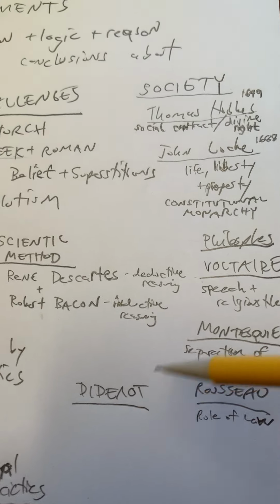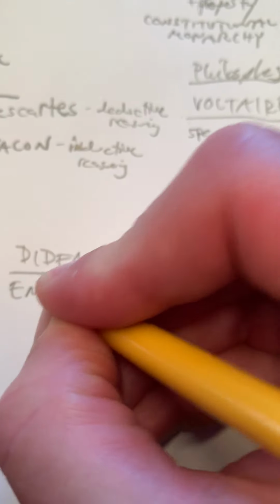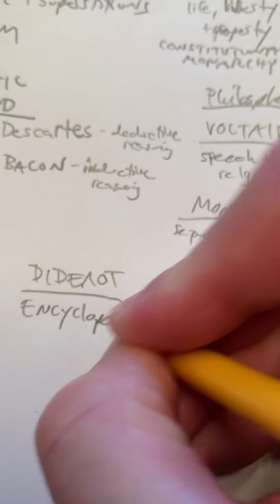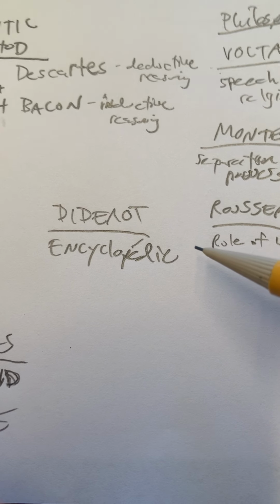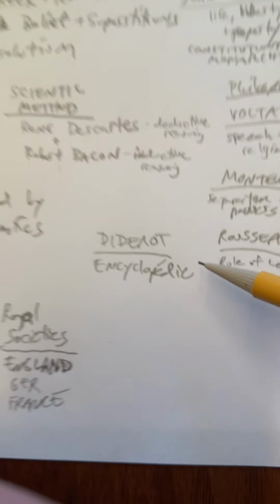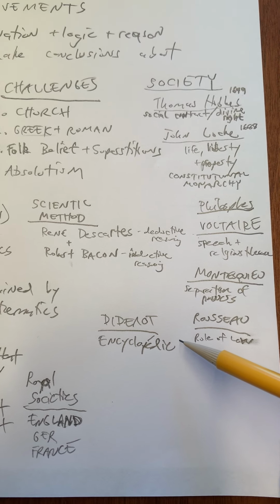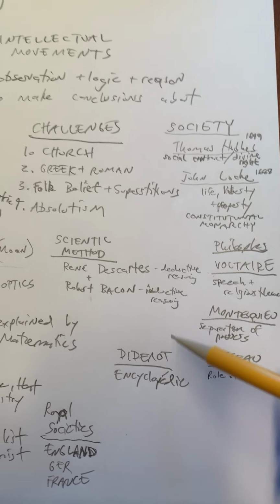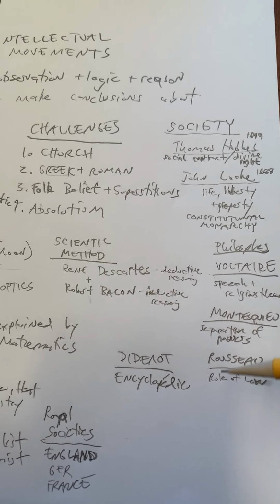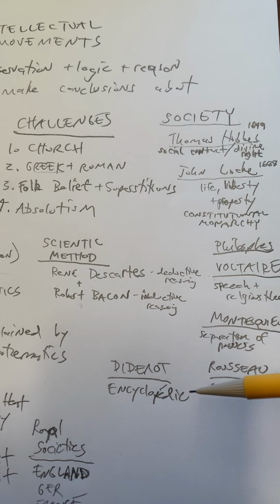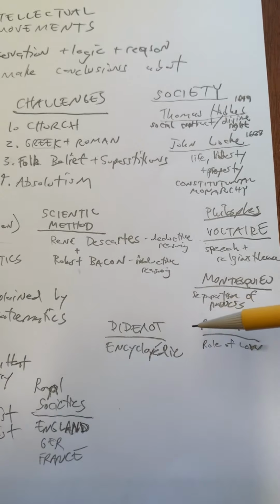Diderot, his big contribution is the encyclopedia, where he's taking information and collecting it. It was actually banned, and any way to make a book popular is to ban it. And it's a huge encyclopedia, and this challenges the idea of the church and of absolutist beliefs. And Diderot is a prolific author, and came up with the encyclopedia. And he was also friends with Catherine the Great and went and visited her too.